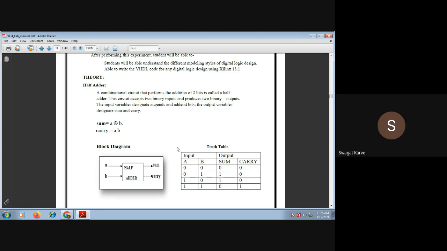You can use any appropriate architecture. That means you can choose a behavioral style of modeling, or a data flow style, or a structural style, depending upon the complexity and whether it is a combinational design or sequential logic.